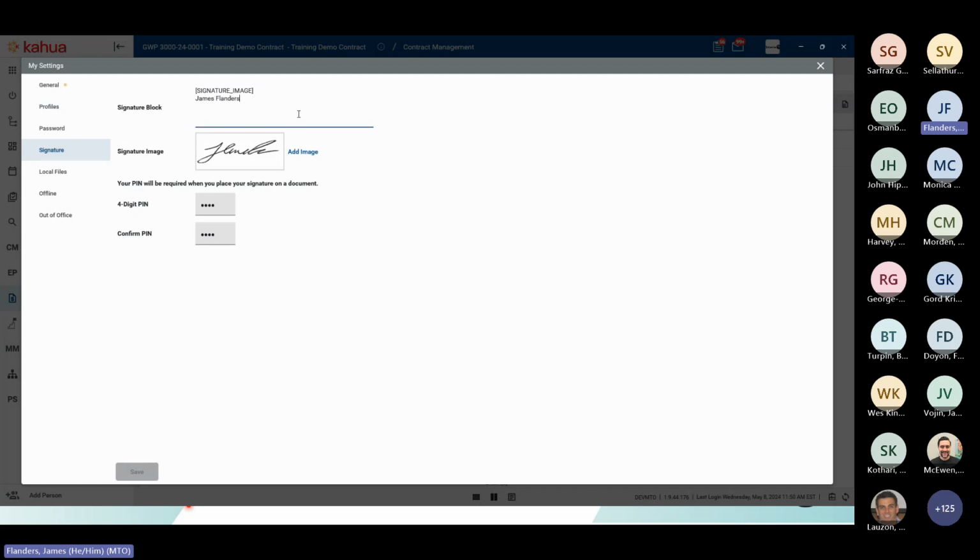So I could put James Flanders, and then if I was a PNG, I could put PNG. I'm not, so I'm not going to do that. I know that that's not okay. I'm just showing you that you can add to your signature. And then you create a